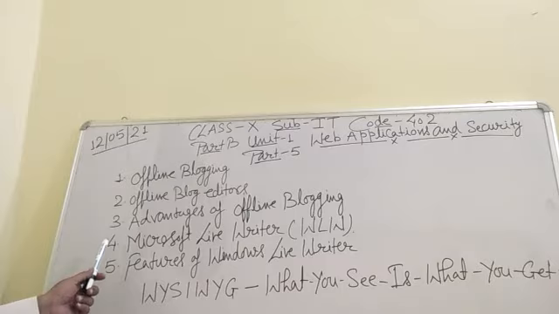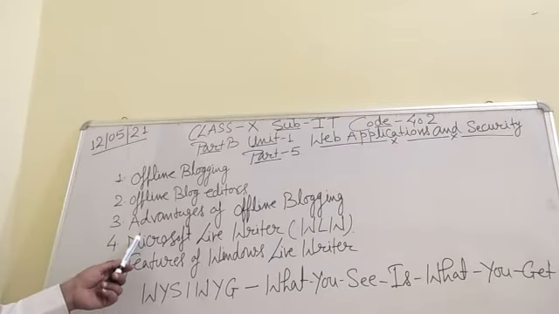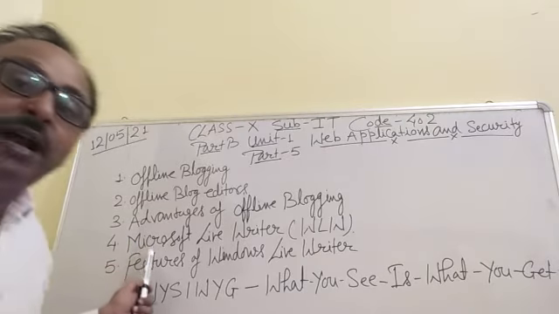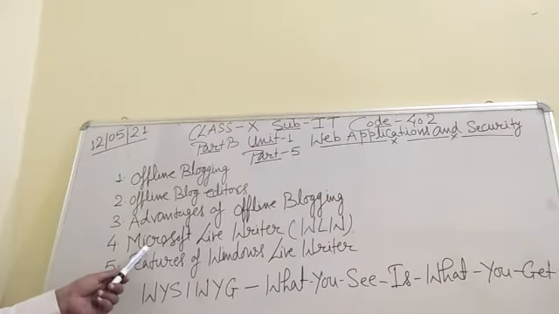Next, you have a backup copy of your post on the hard drive. Next, integration with all major blogging platforms. Next, offline blog editors make it easy to upload images and video. They also have easy options for image editing and formatting. Next, it is easy to publish multiple blogs because you don't have to log in and log out of various accounts, and you need not go through the stress of creating an editor account on the live blog.